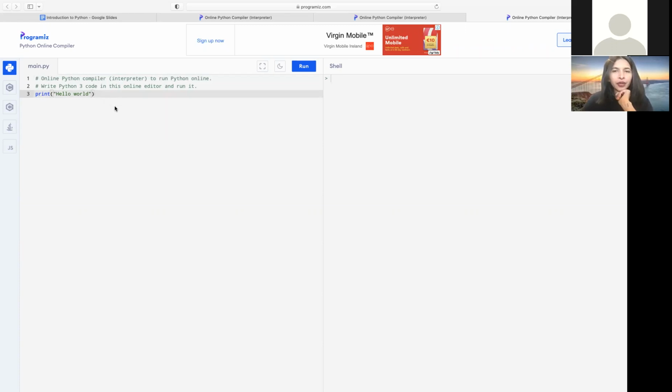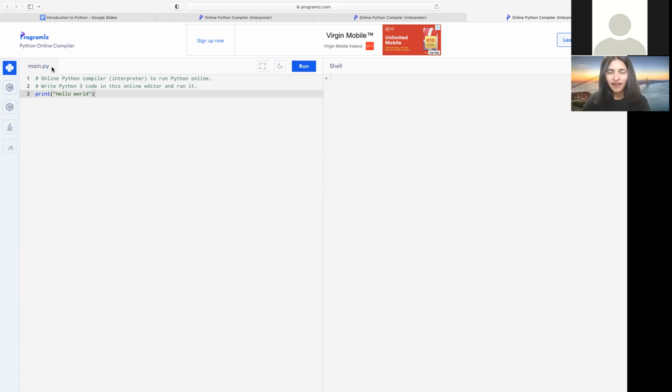Usually every Python file will have some file name. Without going into more detail, when we create a Python file, the file extension is .py.